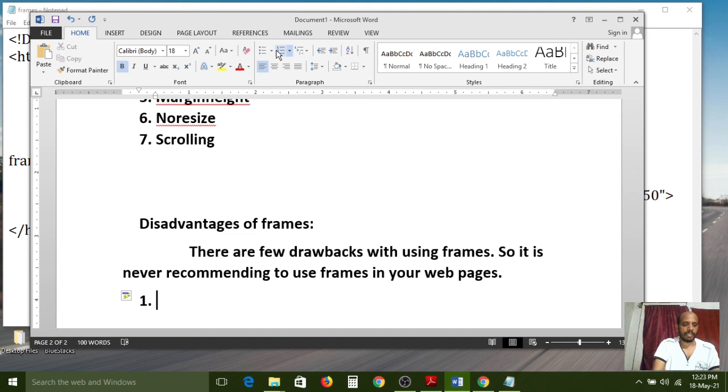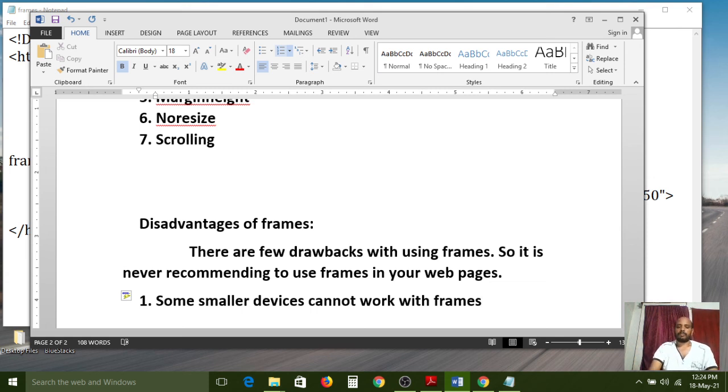The first drawback is some smaller devices cannot work with frames. So that's why some smaller devices cannot work with frames. I mean, the web page can't be divided by the smaller devices. So that's why. Next, sometimes your web page will display